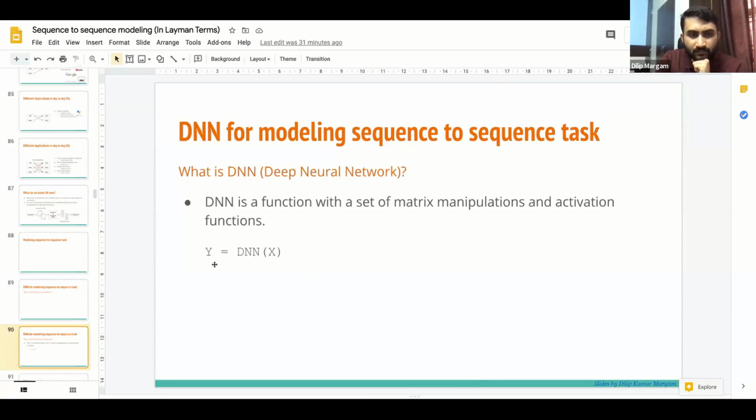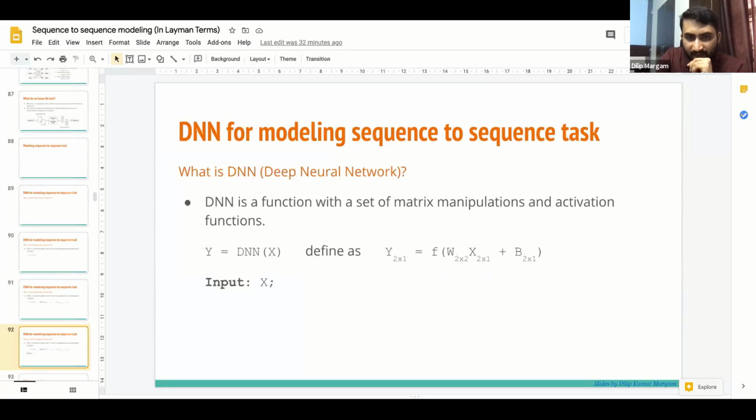DNN is a function. You can think of DNN as any function that takes input x and outputs y. How do you define a DNN? A DNN is defined as a function with a set of matrix multiplications and activation functions. I have defined a simple DNN with W as a weight matrix and B as a bias matrix.